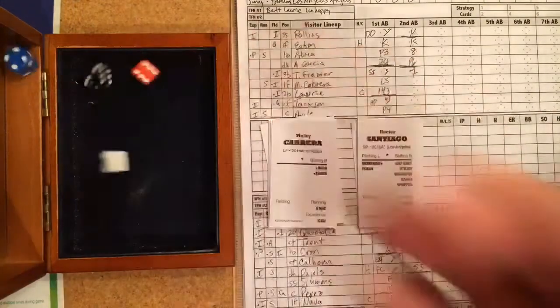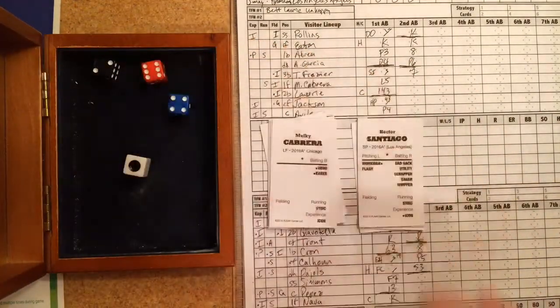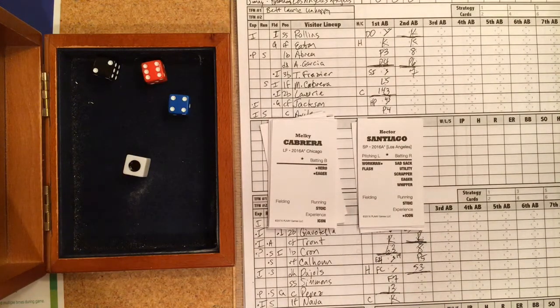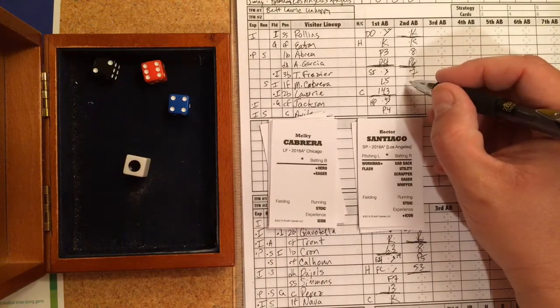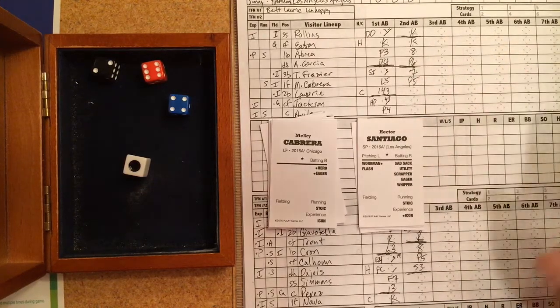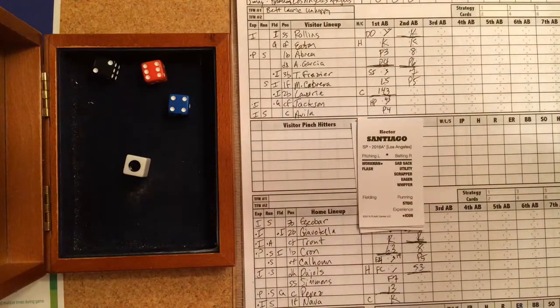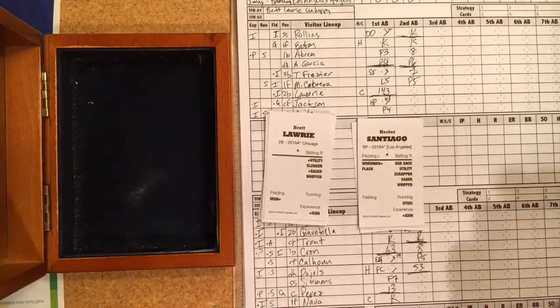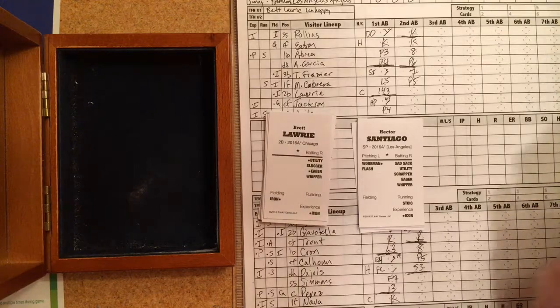Melky Cabrera. 2, 4, 6. Control. Nope. Santiago doesn't have control. Eager. Yes. Semi-eager. Turns to eager because of the die. So it'll be a pop out to third base. So if he'd waited, he might have earned a base on balls, but instead he is out. And Brett Laurie,